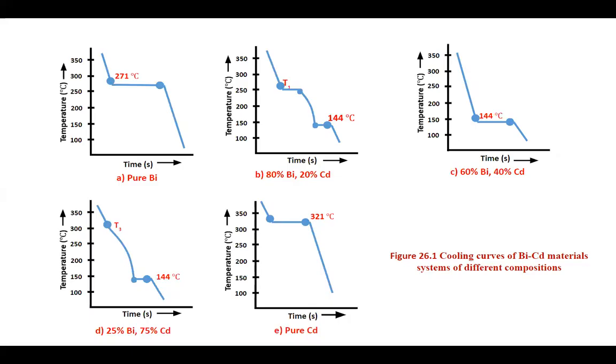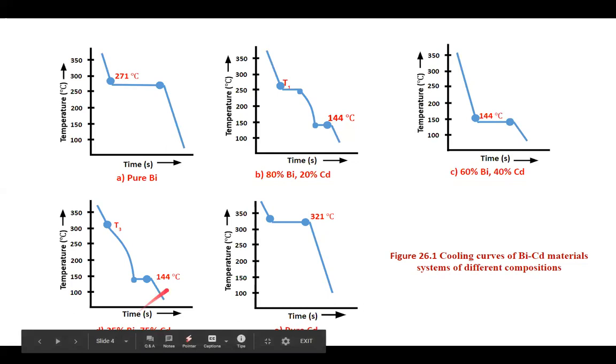We'll draw a blank temperature composition curve, and over that blank curve, we'll start transferring the temperatures which were representing the start of solidification for different compositions. So I'll transfer 271 corresponding to 100% bismuth, then T1 corresponding to 80% bismuth, 144 corresponding to 60% bismuth, T3 corresponding to 25% bismuth, and 325 corresponding to 0% bismuth or 100%